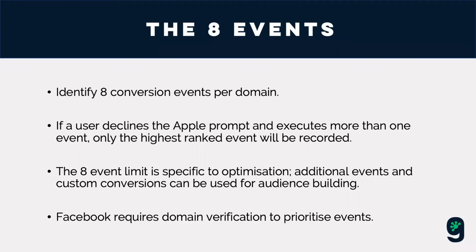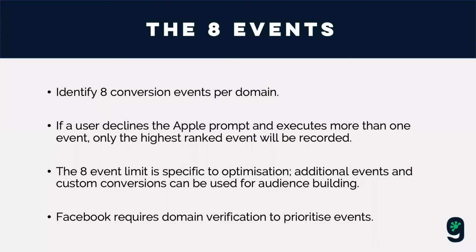So the final thing around this event limitation is that it's only for optimization of what you set in conversion campaigns and what you're optimizing for, and then what event data you're going to see coming back into your ad account. So you can still have all of your additional events and custom conversions for your audience building. So none of this impacts the fact that you'll still be able to build an all website traffic 180 days. But if people have opted out, there may be fewer people within that if they've triggered an action past just a page view and it's feeding back a view content.